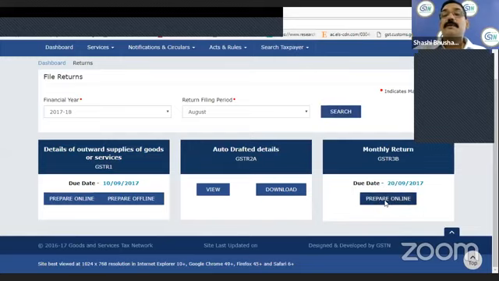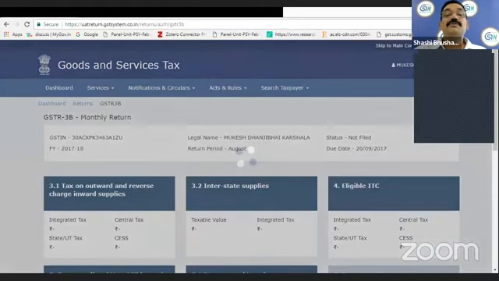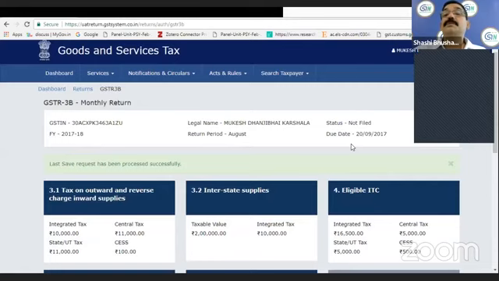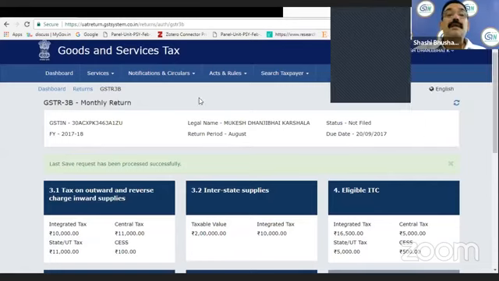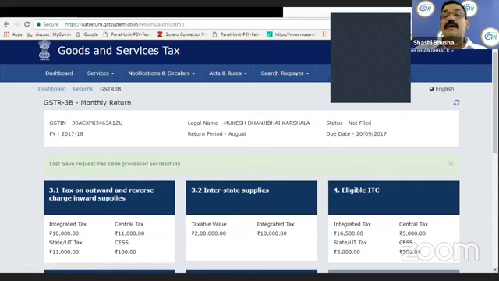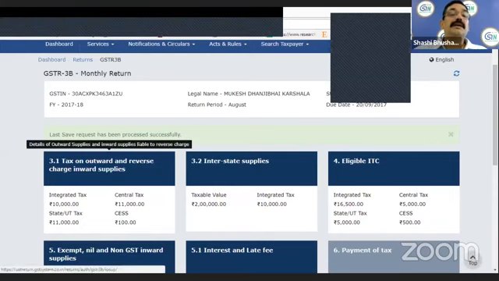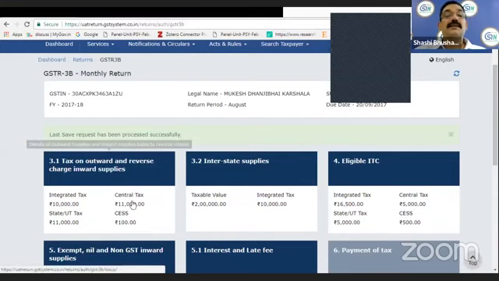You click here, prepare online, you will see the different sections of GSTR 3B which you are required to file. And in the top you can see the name of your firm, the GSTN and the due date of filing and tax period, all those things. And whatever you have saved earlier will be shown in the tiles. I have already entered some data in the different tables, and it is getting reflected on